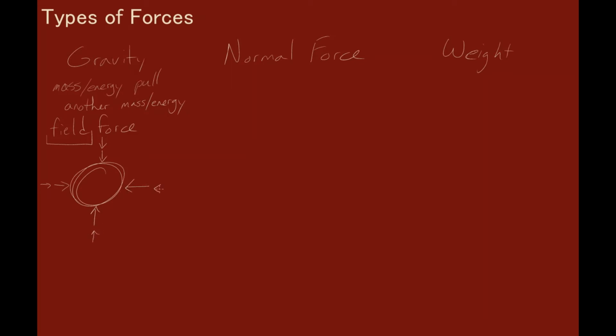Now I've projected this onto a 2D format, but if this was a sphere, what we get is a three-dimensional field. And the way gravity works, the intensity of that mass as it pulls on all of its surroundings,